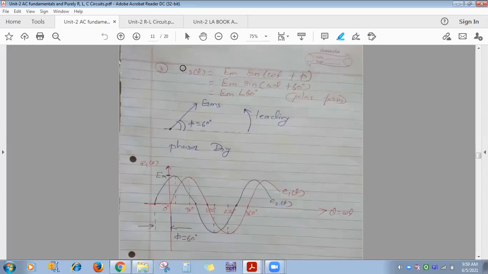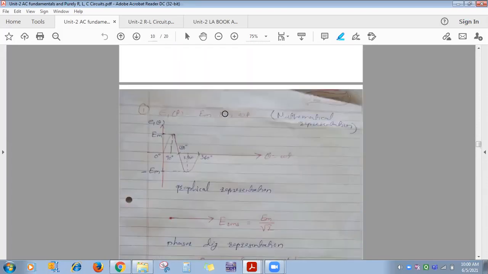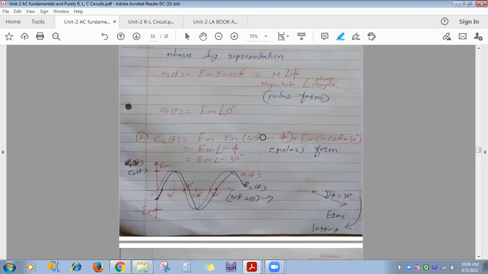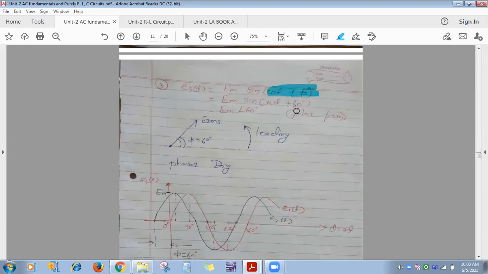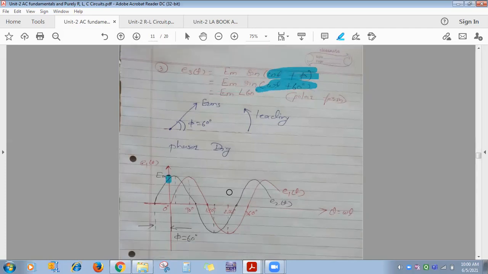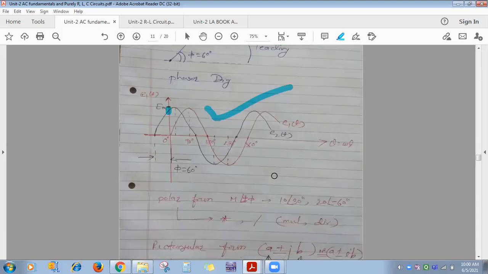Okay, what is the meaning? E3T is Em sin of omega t plus phi, plus 60 degree, means this waveform will have positive value at origin. If after omega t nothing is there, this waveform at origin is having zero value. If omega t minus phi is there, minus 20 degree, minus 10, minus 50, that waveform is having some negative value at origin. And if omega t plus 20 degree, plus 40, plus 50, plus 80, plus angle is there, its meaning is that waveform is having positive value at the origin. Okay, so accordingly you can draw this waveform.